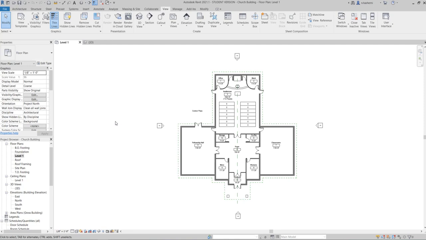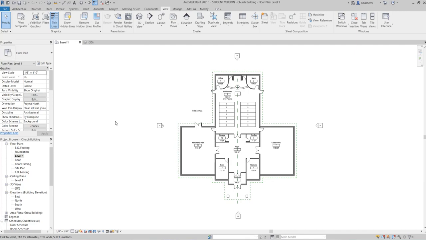And next thing we're going to talk about is section. So how we can create sections in Revit. As you know, a building section is like a cut plane through the building, a vertical cut plane. A section of a building is very helpful in showing us the vertical elements of a building, like, for example, the height of the levels, different levels of a building, the things that we actually cannot see in a floor plan.